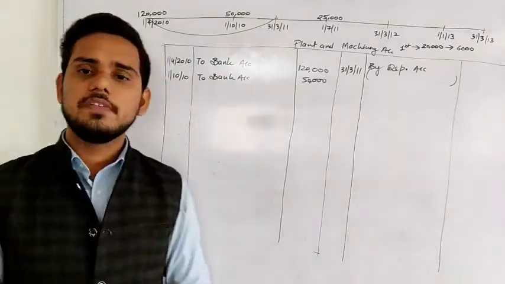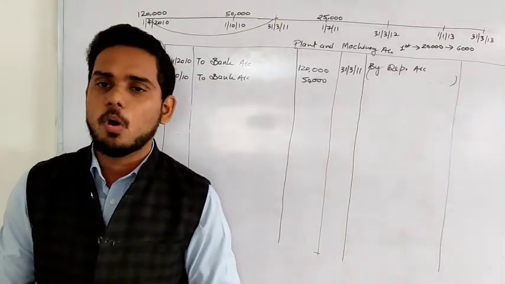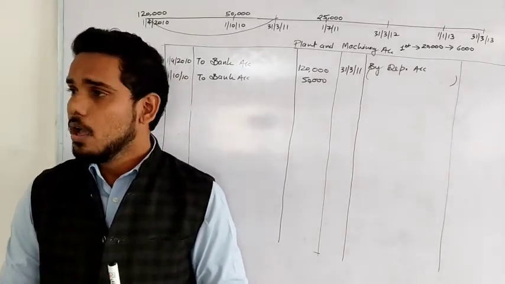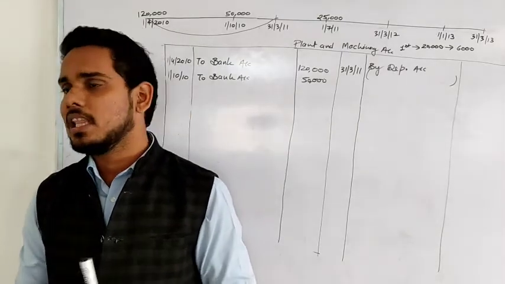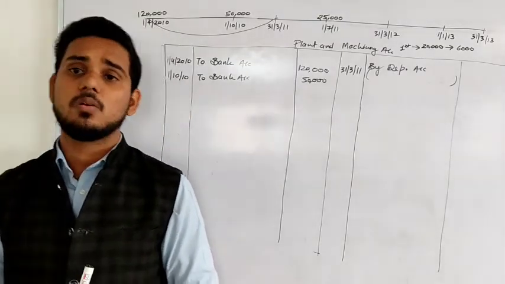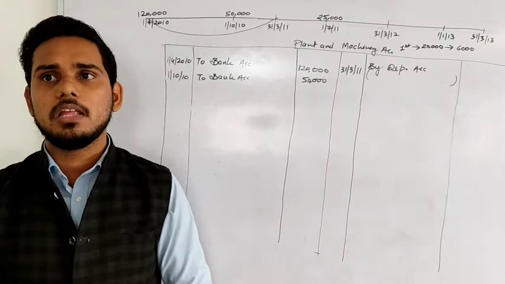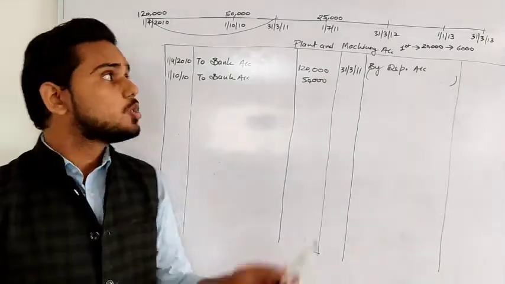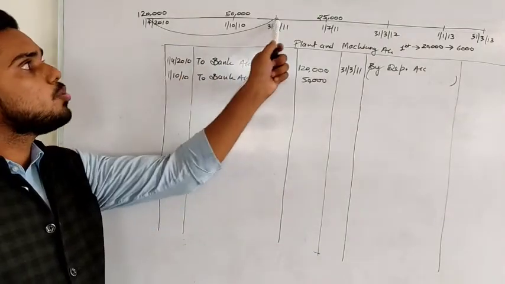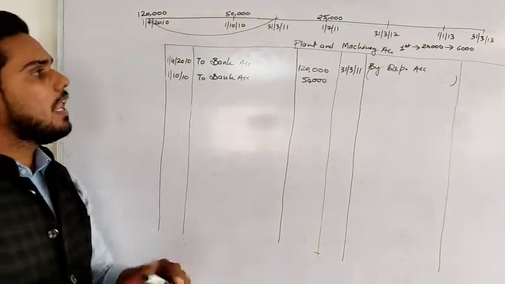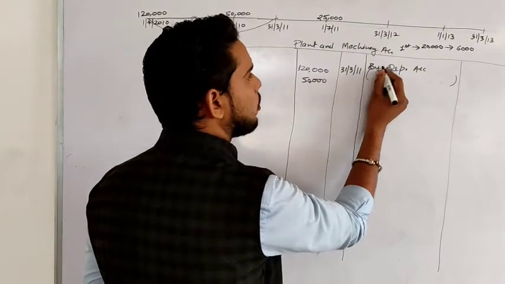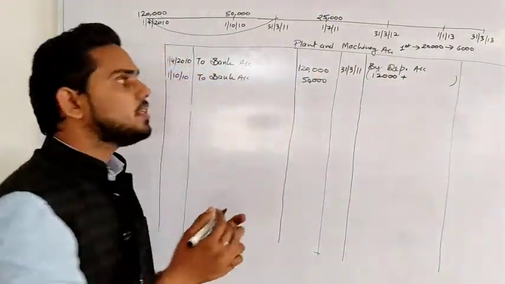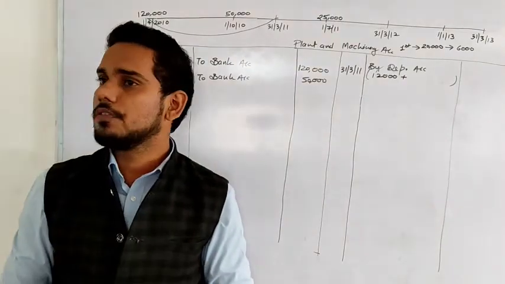So depreciation is given in the question at 10% per annum on a straight line method. In this method, depreciation will be same every year. But in the year of purchase and in the year of sale, depreciation will be calculated only for that period for which you used that particular machine. So in the first year, the first machine is used for the whole year. So on 1,20,000 depreciation will be total 12,000 for first machine. For second machine, 10% will be 5,000 only.